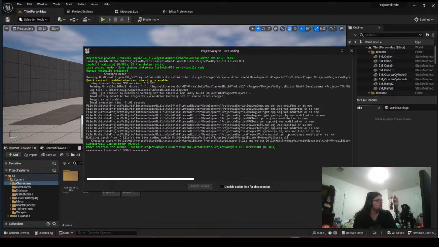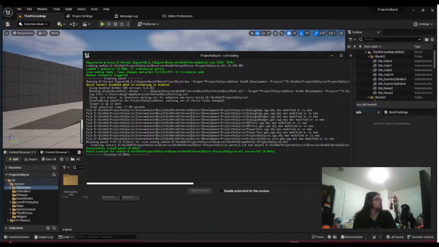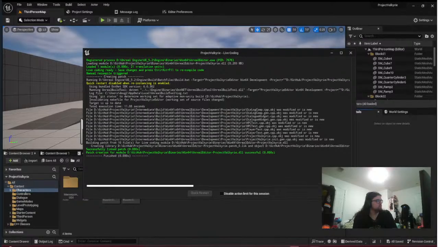Wait, I can just... No, that's not what I wanted. Transform, stretch to screen. Which isn't so bad because,